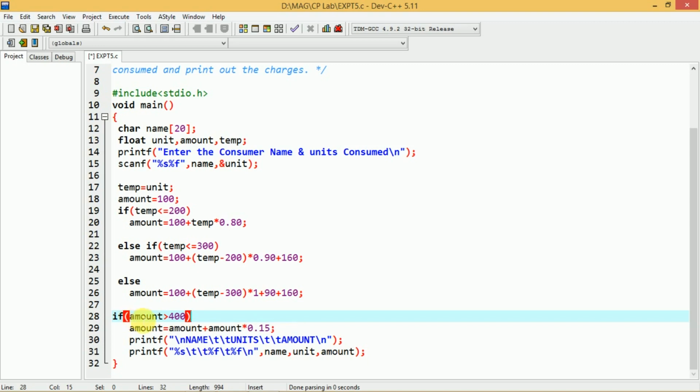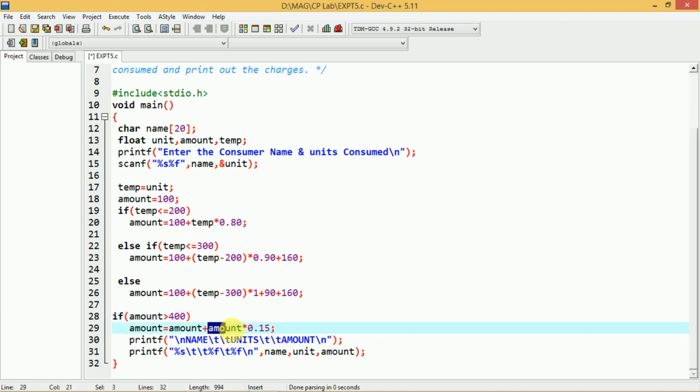If amount is greater than 400, what you have to do? We have to add 15% of this amount. For that we have the line amount equal to amount plus amount into 0.15.